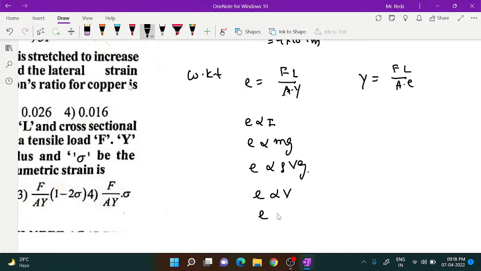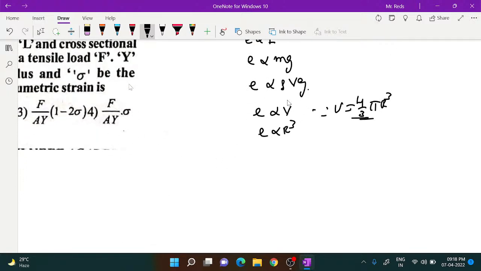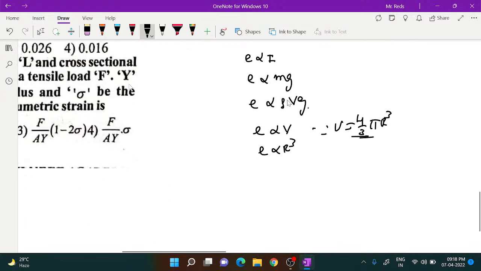Yes, 4 by 3 pi r cube means, because V is equal to 4 by 3 pi r cube, these are constants. So you can say E is proportional to r cube. Directly take this. Here only, let us take E2 by E1. E2 by E1 is equal to (R2 by R1) whole cube. So this implies E2 is equal to E1